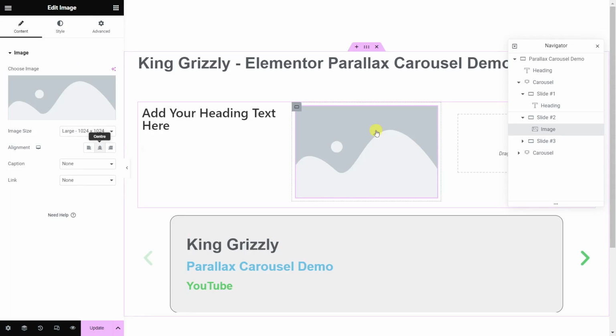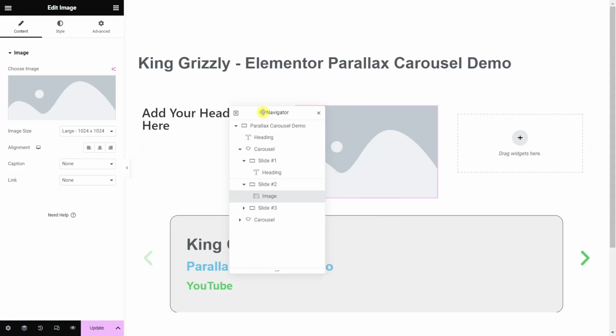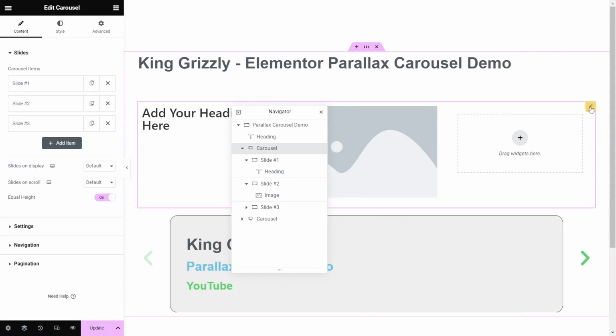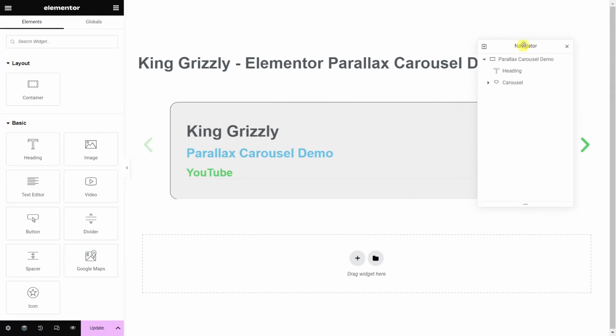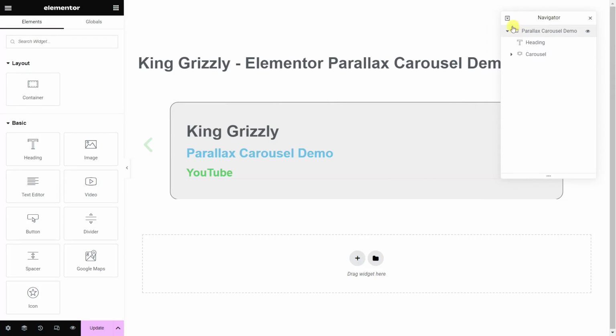So I won't build that content now because I don't want this to be a video about building content. I want to show you the code that we're going to build to actually enable this parallax effect. So I'm going to delete this carousel for now. So let's move that out of the way and delete. Okay, and here's the carousel that I built earlier, and this is the one that we're going to use in